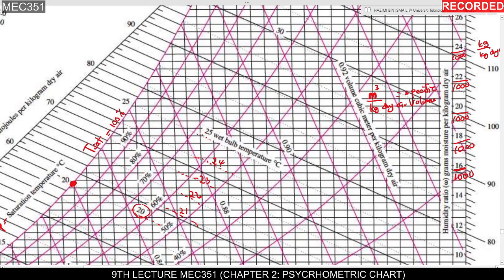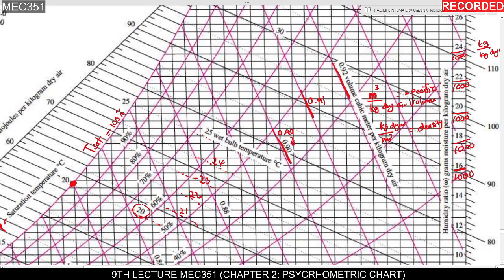Okay, if we invert this unit, then we will get kilogram dry air over meter cube. Coincidentally, this is also the unit of density. So you can find the value of specific volume and also the density by looking at this line. So this one line is 0.92, this is 0.91,